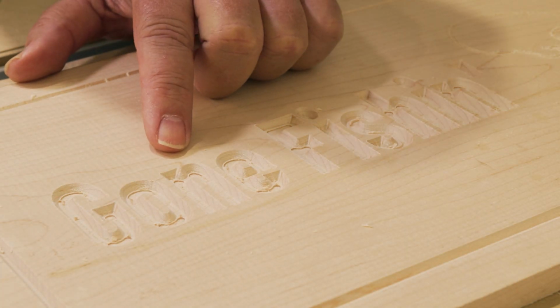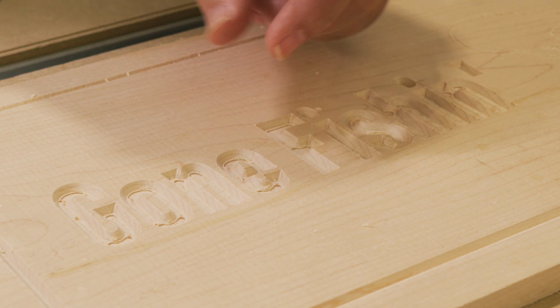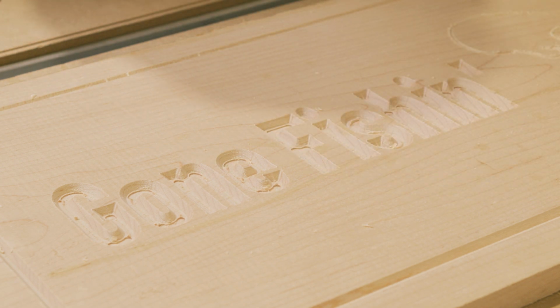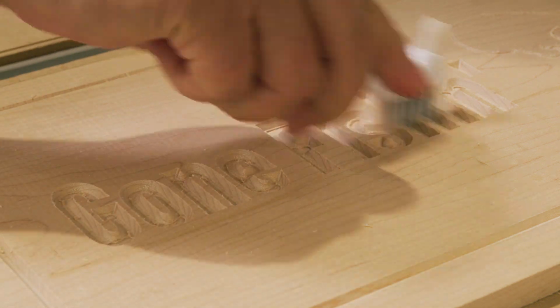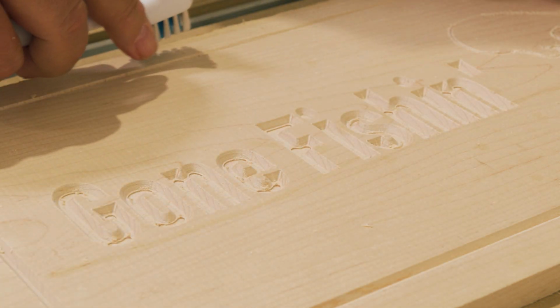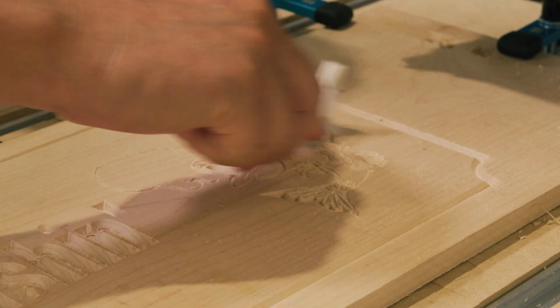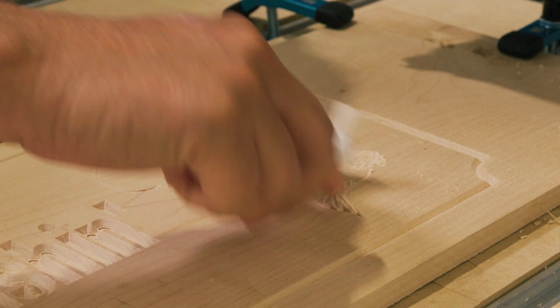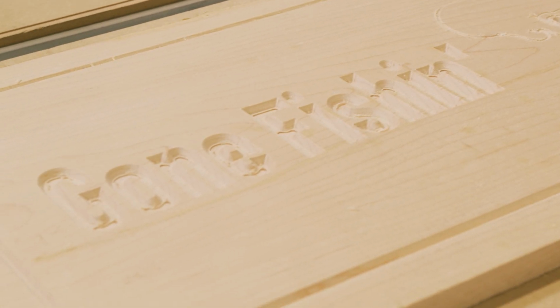Okay, notice the difference. Now it's all cleared out in this area, so there's not little raised areas in the middle of the letters. It's nice and flat. Everything should paint up real nice. Do a little cleanup with a brush and some sandpaper. Some kind of brush like this. Go into the letters, clean them up. Same thing over here. Go into this area where the bit has been cutting and just kind of brush things out, make it nice and clean,